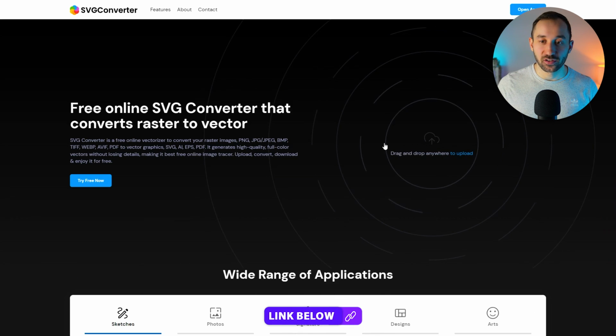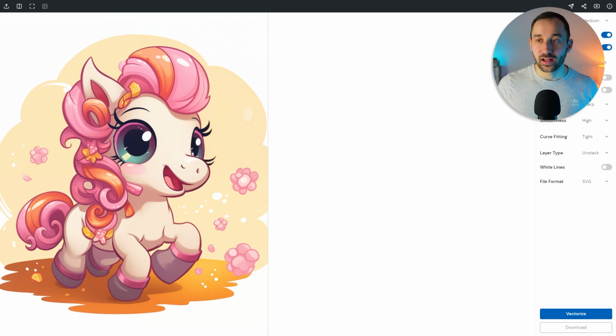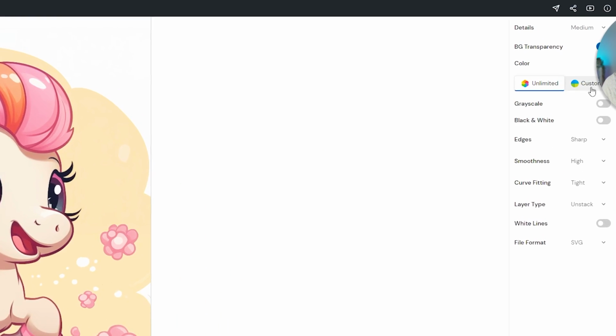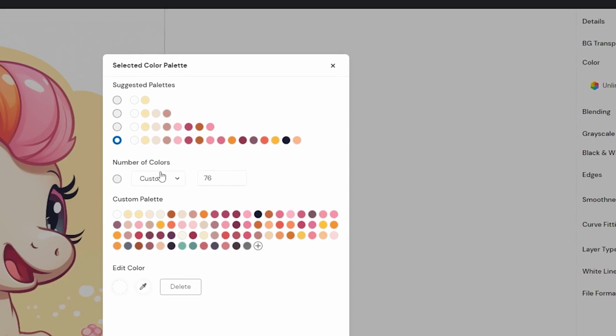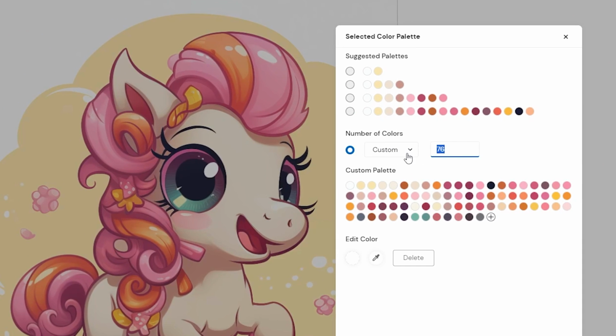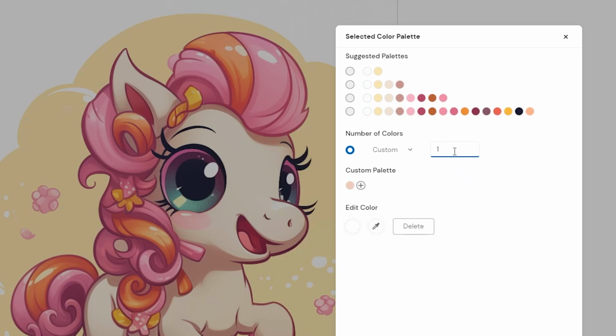And the way this works is you drag and drop your image onto the site. And what I would recommend in terms of the settings over here is change this from unlimited colors to custom colors, and then set the number of colors quite a bit lower than the default. In this case, we have got an array of colors, so maybe we'll set it to 10 and then it should auto select some of the colors from this image. It doesn't actually have this blue from the eyes anywhere, so maybe I'll turn this up slightly. The blue doesn't show up until we hit about 20 colors. I do want the color scheme to be less than that, so let's just do 10 in this case